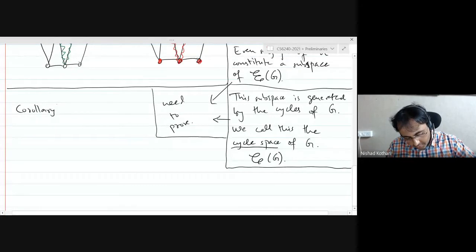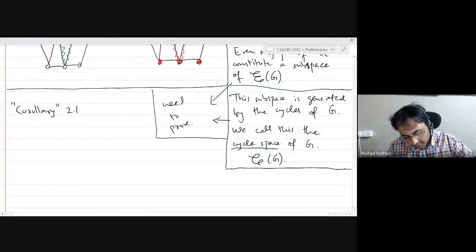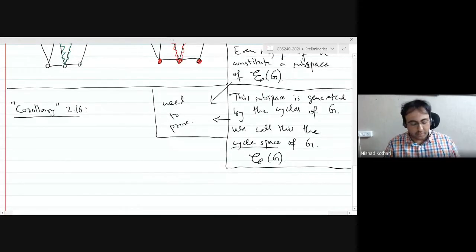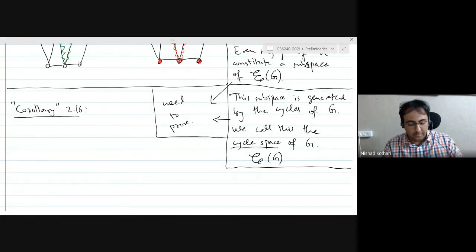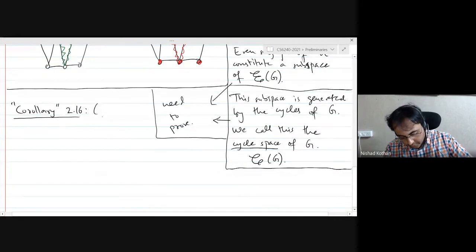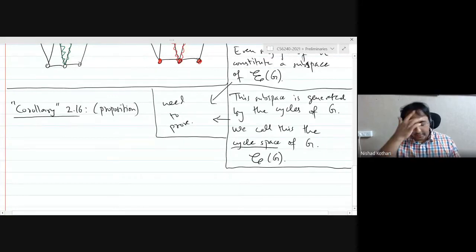Notice that I'm calling this corollary 2.16, which doesn't make any sense because a corollary is supposed to be an easy consequence of a theorem or something, and we haven't proved any theorems in this context. So I'm using the terms corollary or proposition or theorem as per Bondy and Murty, but in reality I'm not following things exactly. They prove this by proving some other things, but I'm going to present things slightly differently. That is why I'm putting corollary in double quotes. So we will actually prove it as if it is some proposition. The order in which I'm presenting things is not always as per Bondy and Murty.